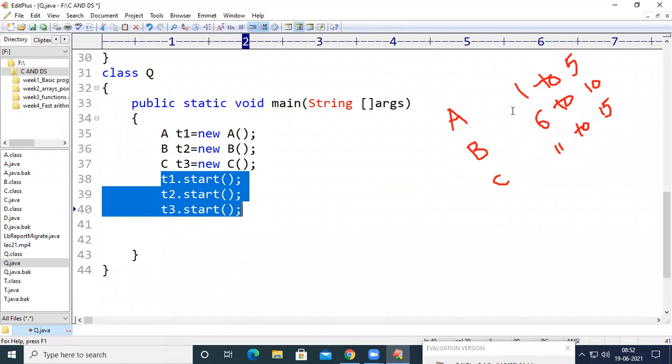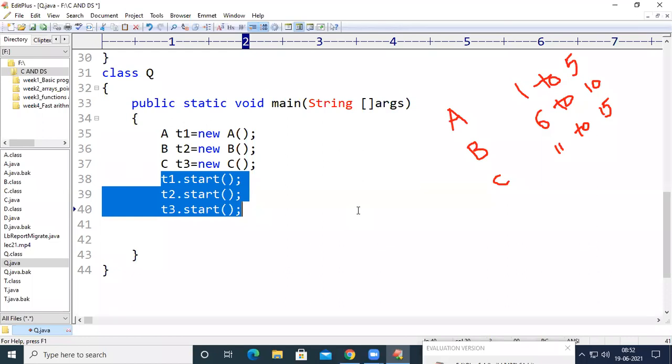At the same time, if the CPU is following shortest job first, the CPU will calculate which thread will take less time. For example, if T2 is taking less time among T1, T2, T3, then T2 will be executed first. So at that point of execution, we are going to get 6 to 10 as the first output.